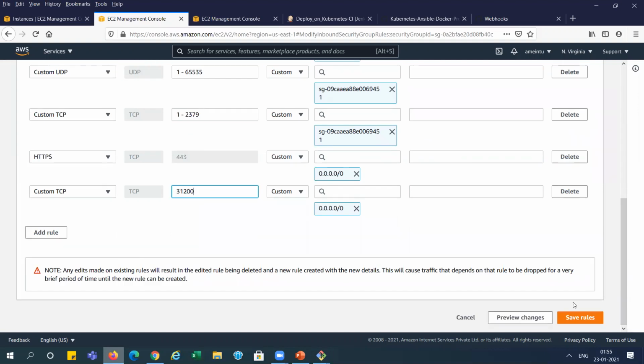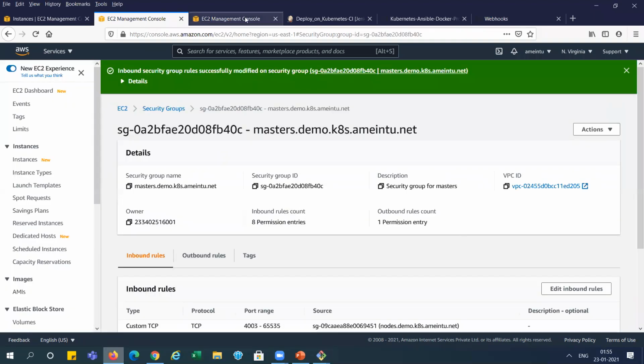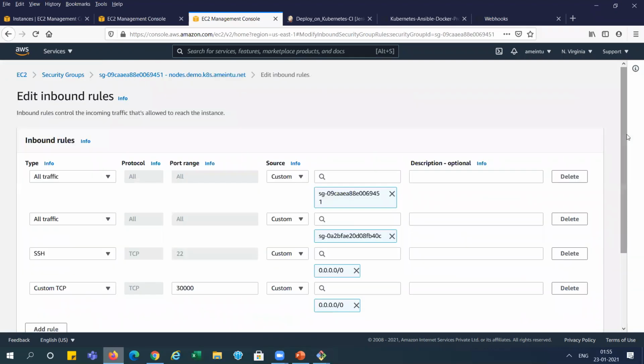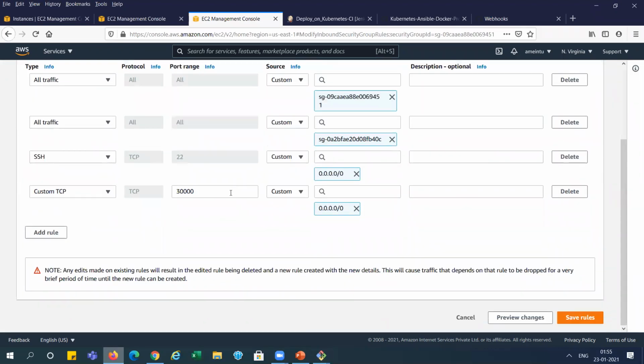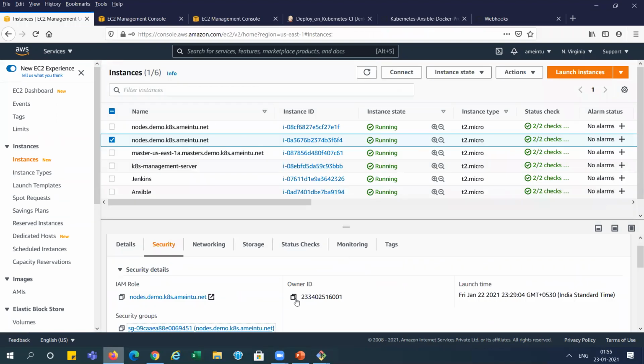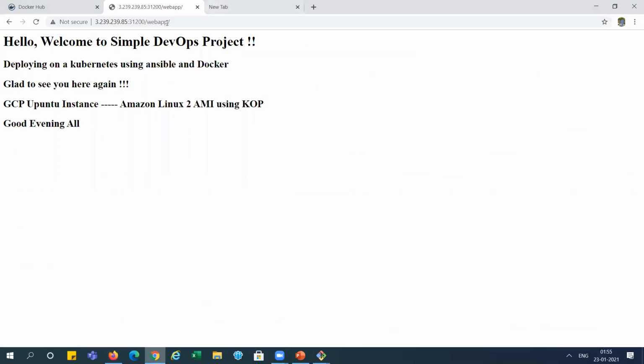We can add a new one also. Save rule. Same thing I am doing in the node group also, 31200, save rule. Now I am copying the public IP for the node system also. After changing, it is running.